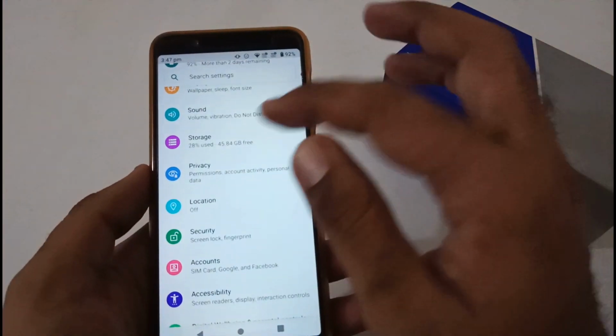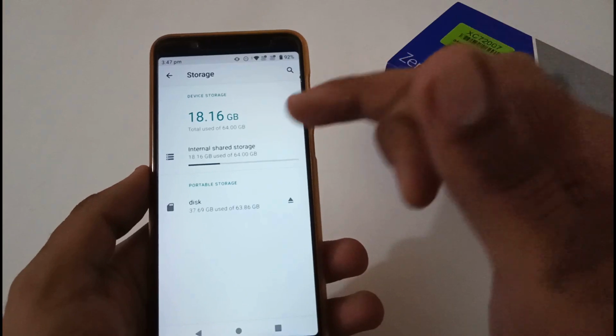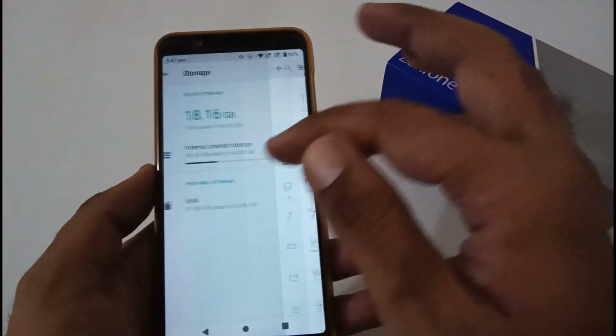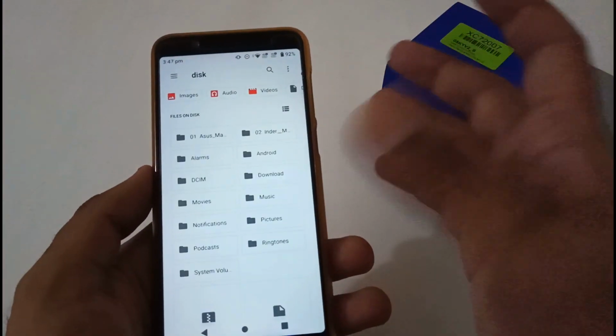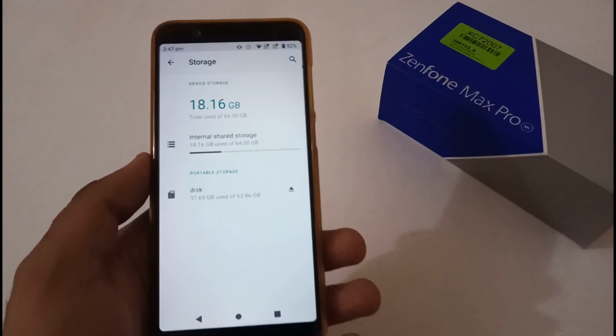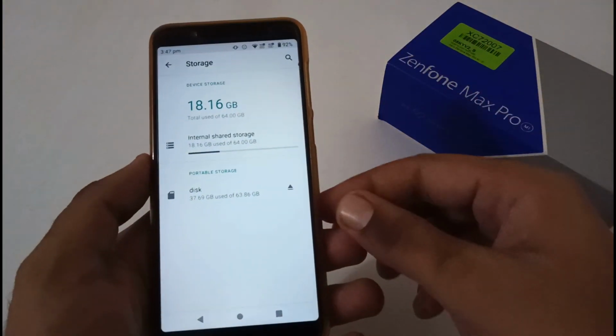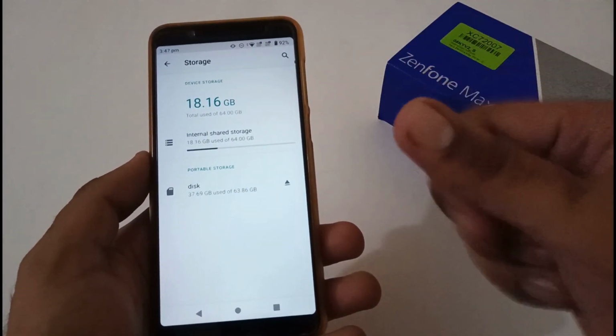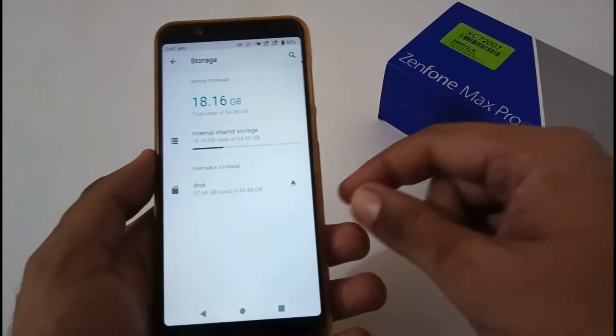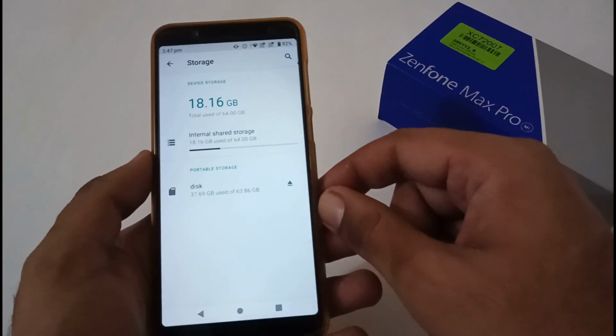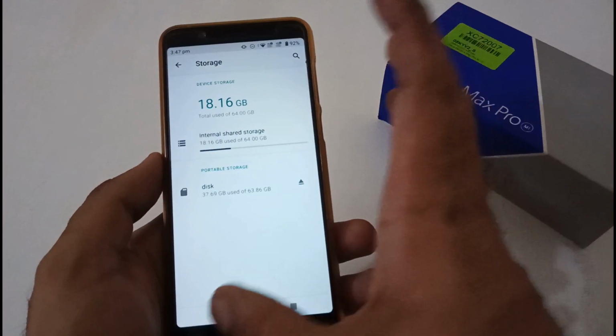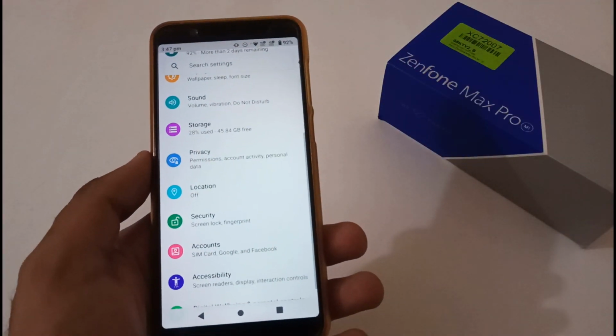So after the security section, now let's move to the storage section. We are able to access internal storage as well as portable storage, that is the SD card. Although this was never an issue in the previous version either, with respect to connecting a USB device to your laptop or PC, it is now working fine, which was failing in the previous beta version. So it is not even a problem now.